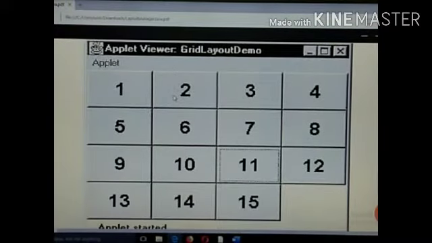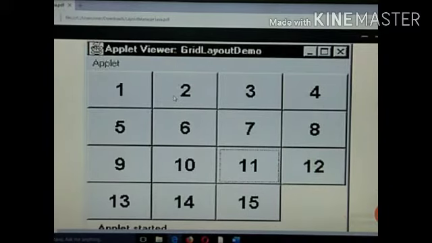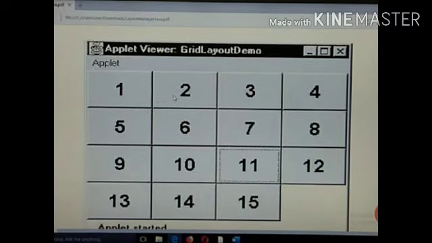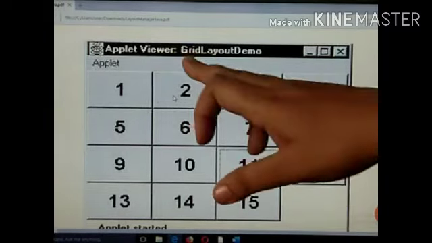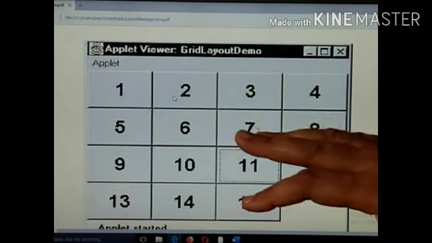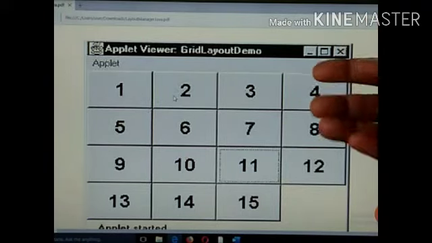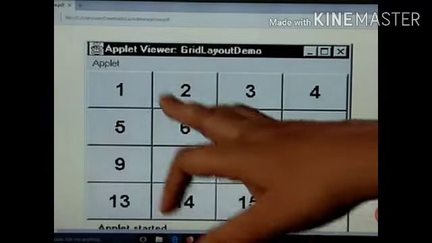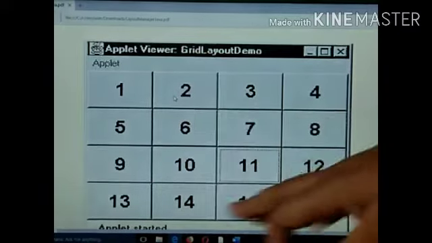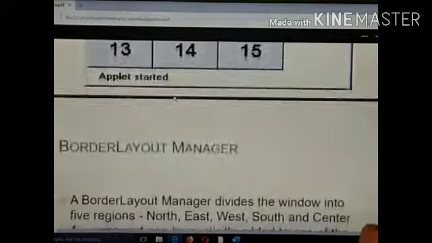So here is an example. Here all these are buttons arranged in a 4 by 4 grid. Every example is in an applet. In our book, we can have this in a JFrame or panel also. Here it is an applet with a 4 by 4 grid layout having 15 components, buttons.